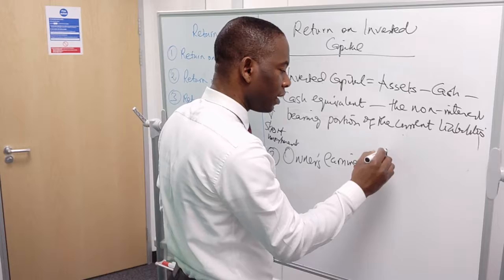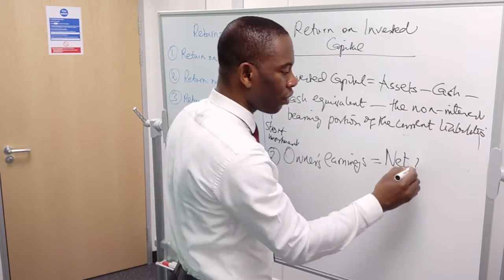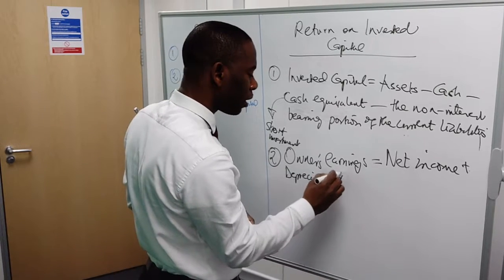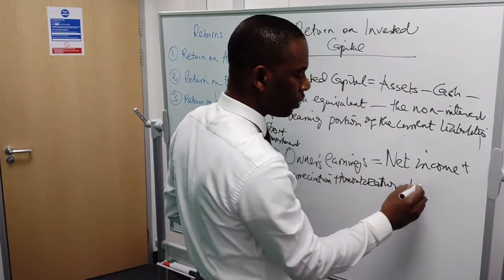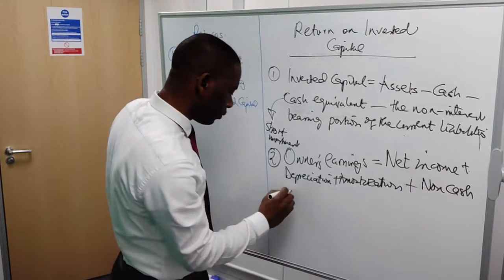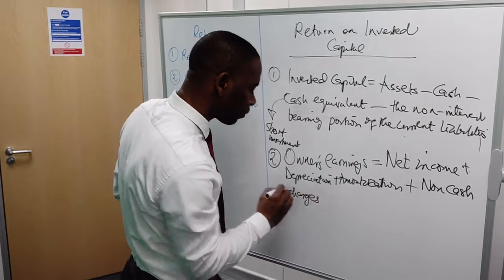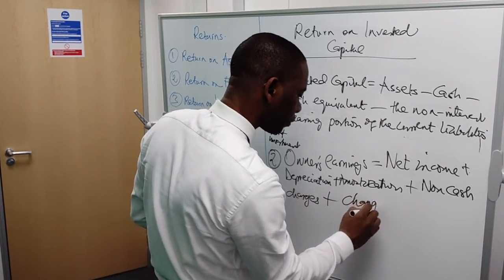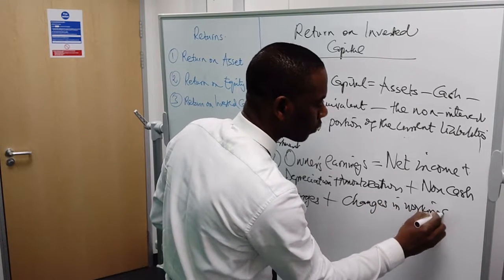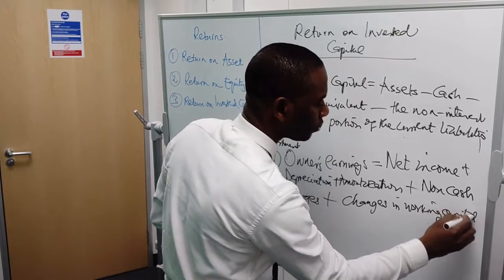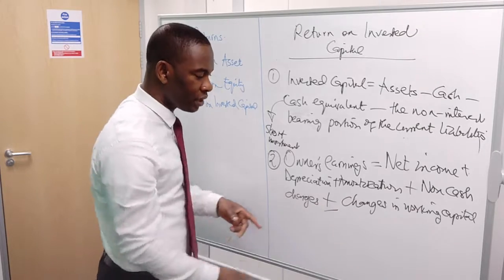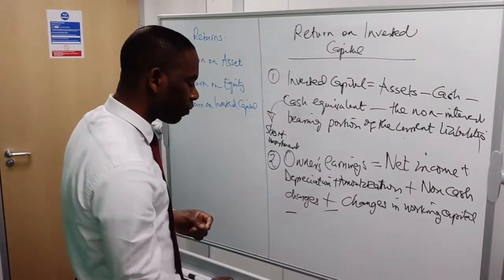You say net income plus your depreciation plus amortization plus non-cash charges plus changes in working capital. Changes in working capital, it can be plus or minus. Then take away the